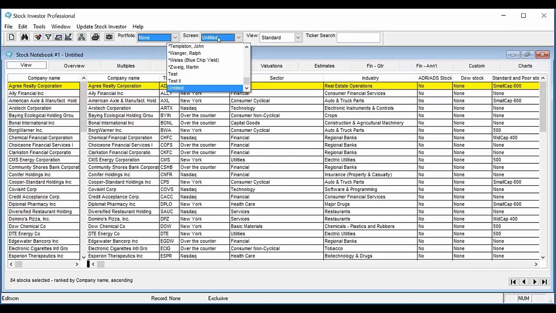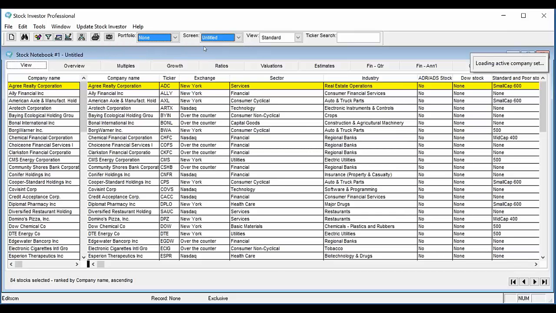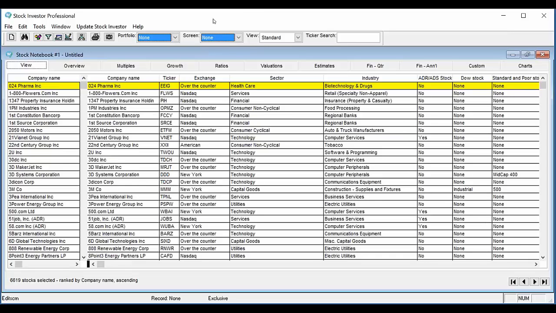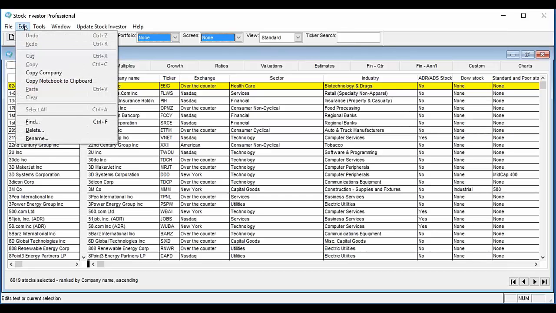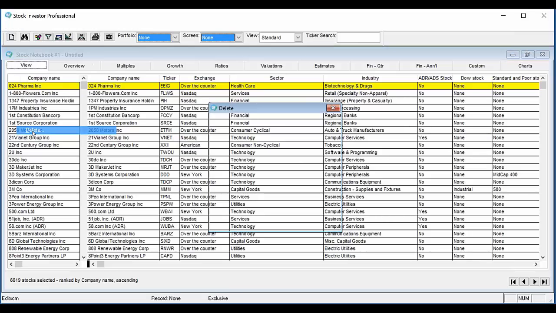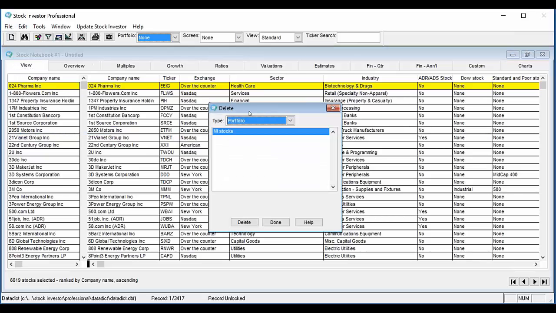Just unload everything here first. So the question is, how do I go about deleting any user-defined elements that I might have created? So this could be a custom portfolio, a custom screen, a custom view, or a custom data field. The way in which you would do that is if you go to the Edit menu within Stock Investor and go to Delete. And from there, at the Delete window that comes up, you can choose between notebooks, portfolios, screens,